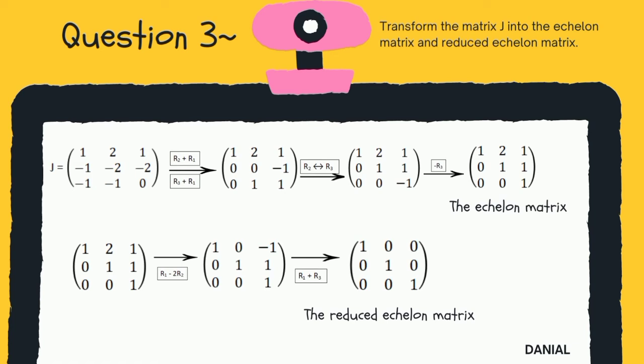So we will get 1, 0, negative 1, 0, 1, 1, 0, 0, 1. Next, R1 plus R3. R1 is referred to Ri while R3 is referred to Rj, so we need to change the R3, so we will get the reduced echelon matrix is 1 0 0 0 1 0 0 0